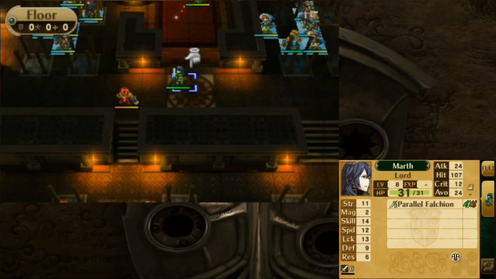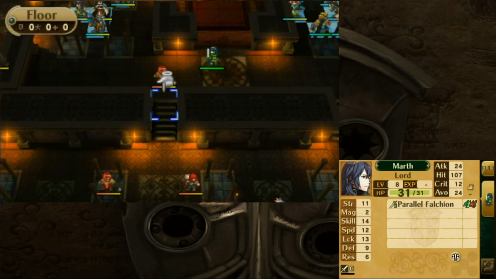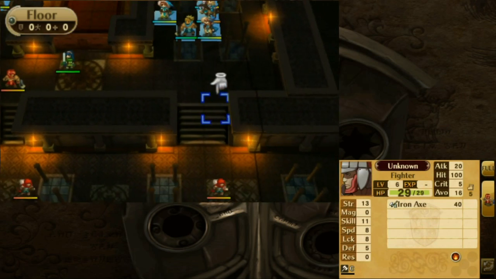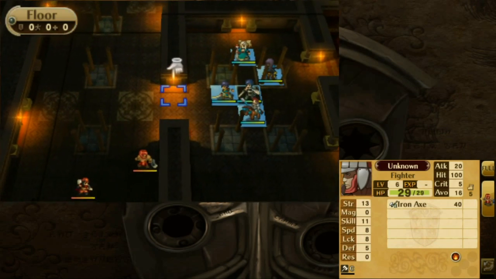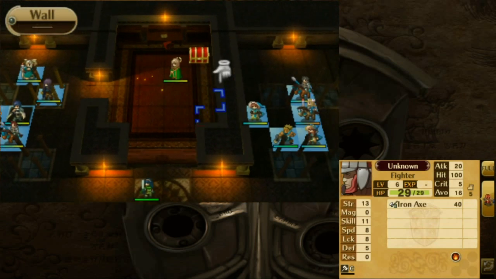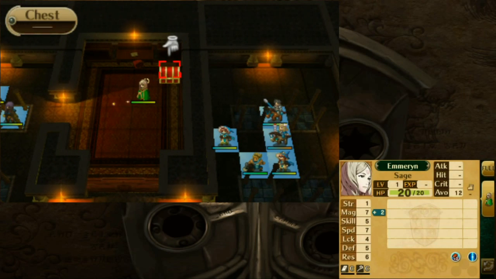We have to block here, although Marth, or should I call her Martha? I'll just call her Martha at this point. Martha will have this place blocked off. We'll need 2 units to block this area, and we'll need someone to block this area too. But if we manage to block all of them, Emmerine should be perfectly safe. We just need to make sure that we grab that treasure chest next to her, because I forgot that in